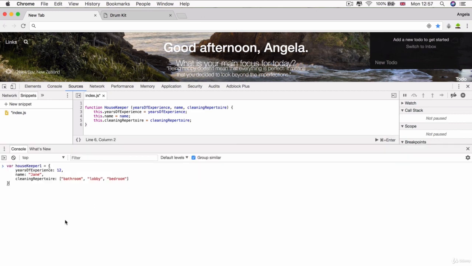So now inside our console, we're going to create a new housekeeper object. And instead of going through this long-winded approach of specifying the name of the property, the value of the property every single time we create a new object, we're simply going to say var housekeeper1 is equal to new. That new keyword is really important because we're going to be using a constructor function afterwards. New Housekeeper, notice the capitalized H, and then inside the parentheses, we're going to provide the values of all three